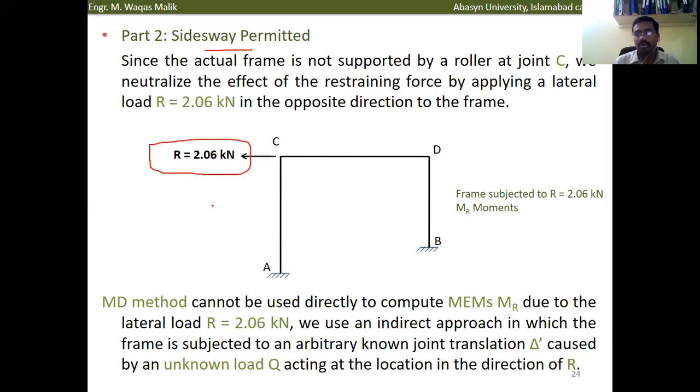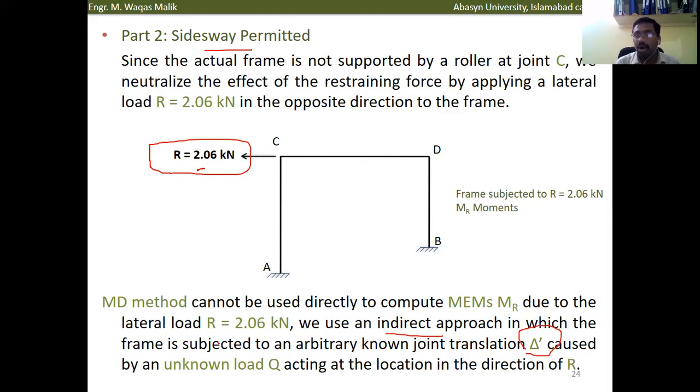Now using this value of 2.06 kilonewton, we are going to find out the values of the member fixed end moments. But we cannot use this value directly. Instead, we have to use an indirect approach because this load is applied axially on the members, while the fixed end moments are generated in the member in which the load is applied perpendicularly, or in the direction of gravity of the structure. So we are going to provide an imaginary translational movement delta prime in this structure, which